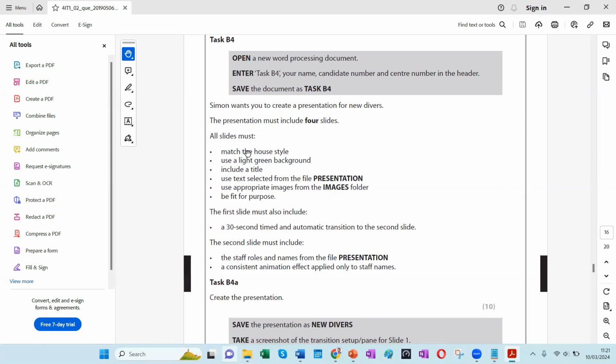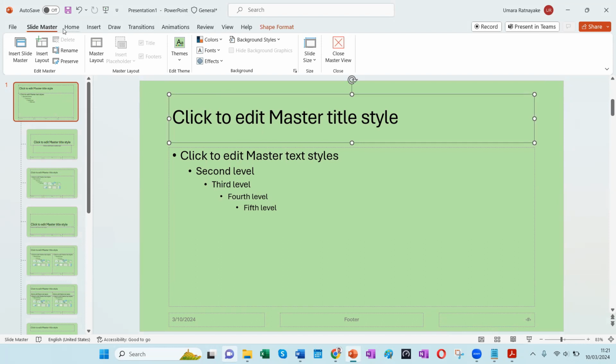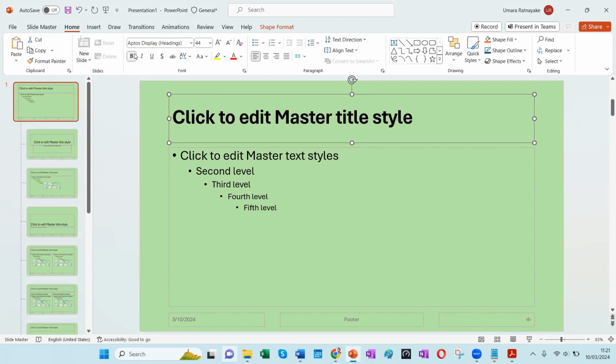Remember it said all headings should be bold and italic, right? So what we can do is, now this is going to be the heading. Again, I'm in the topmost slide. This is the heading. So I'm going to select this one and go to home and make it bold and italic. So this will be applied to all the slides